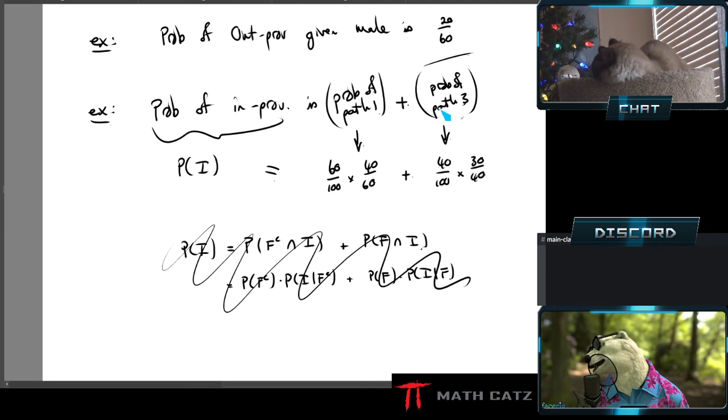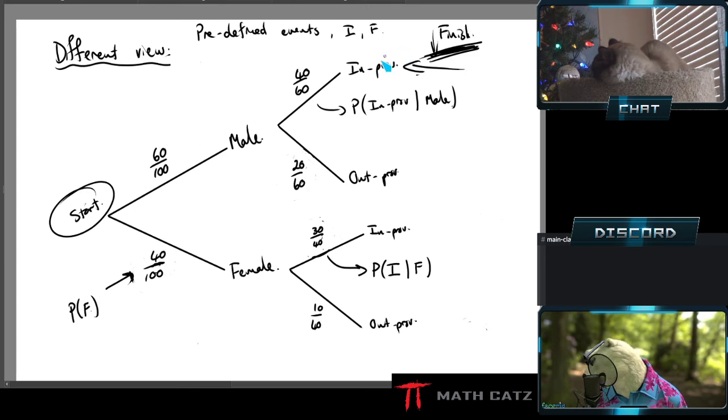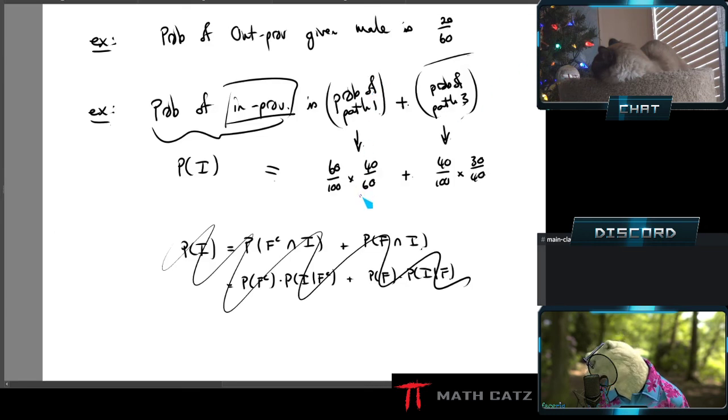Do it in words. As long as you understand which paths from start to finish can give me this property. Top path, third path. Then I'm going to add up their probabilities. To find the probability of a path, start to finish, multiply along the path. And you can then calculate that, plug it into your calculator, do whatever you want to do. 70%. Doesn't matter, right? The answer is a formality. It matters, but finding it shouldn't be difficult. I don't need to write everything in symbols and get distracted by this. I just need to know how to use the tree.